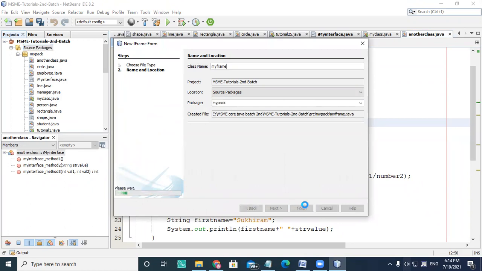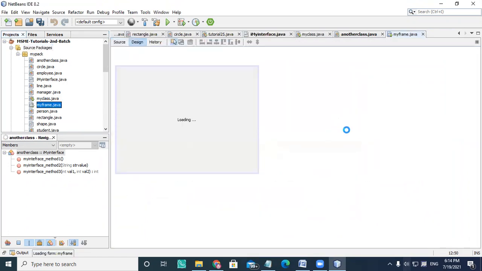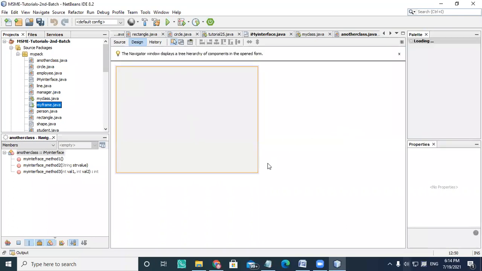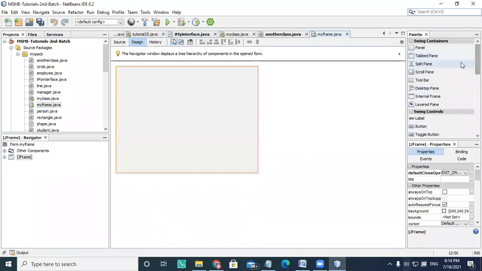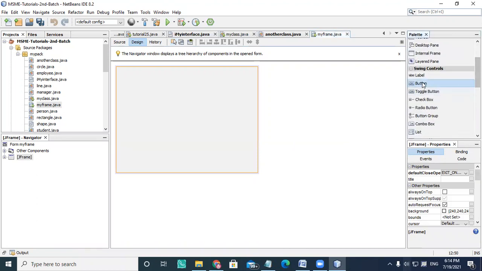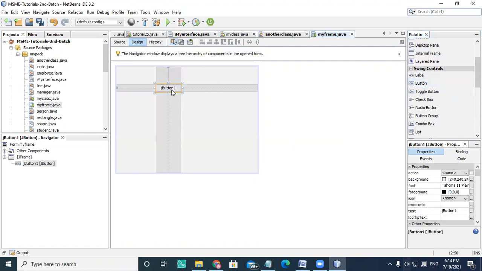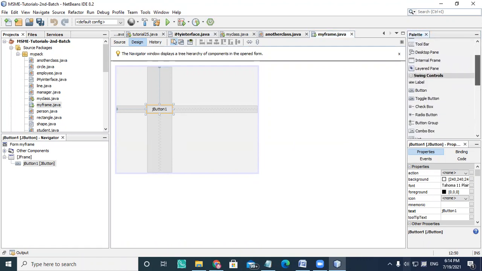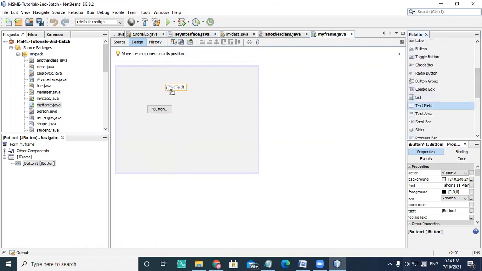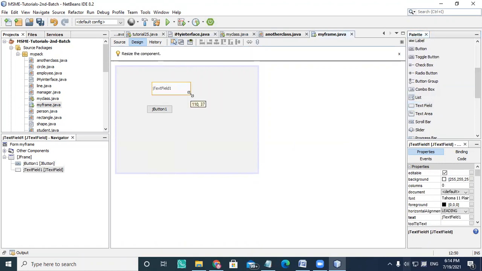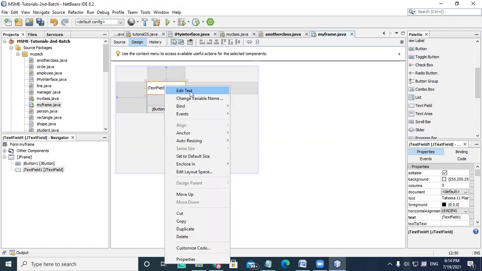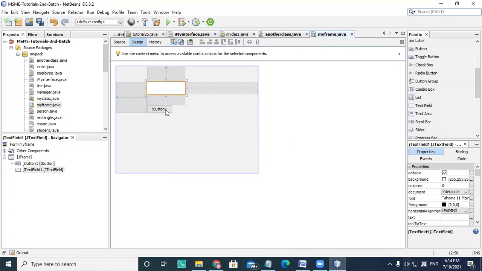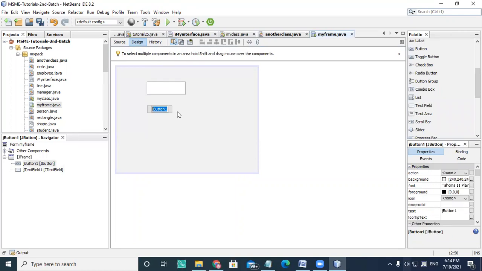I'm just showing this is my frame, and inside that frame I want to put a button. When I click on the button, this is my JButton, and this is a text box which I am using. So I need a text field here, and whenever I click on that particular button, it's going to print the content. I'm deleting this, and this is my JButton, and I'm saying click